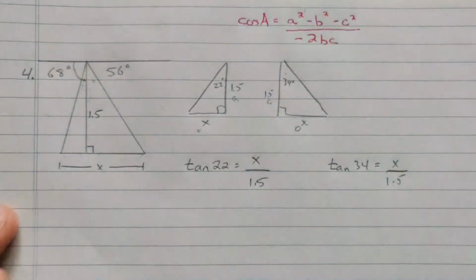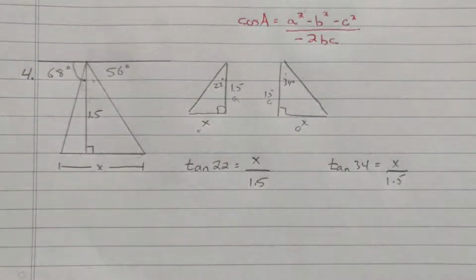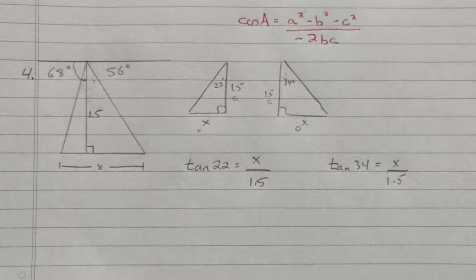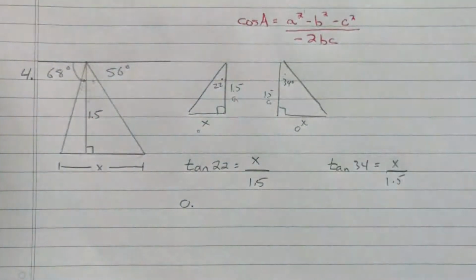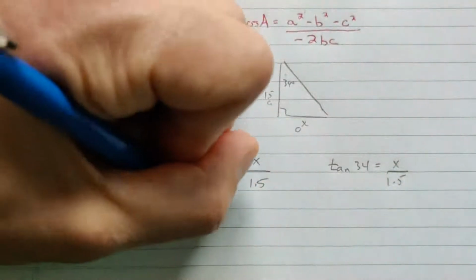So the only difference between these two is going to be the actual tan ratio that we use. And then again, you can use your table of values that I provided, or you can use your calculator and type in tan 22. As long as it's in degree mode, you should get a result of 0.3746